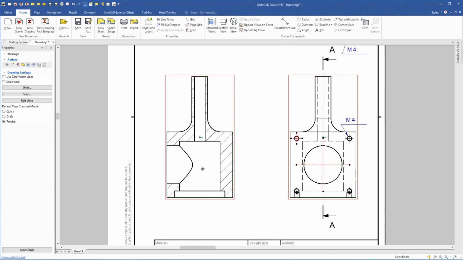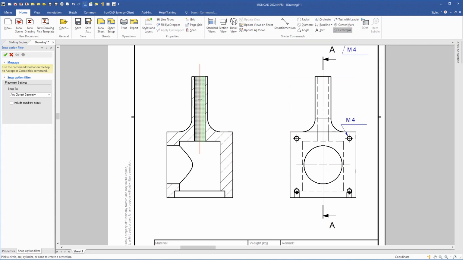And we need to add some center lines here as well, so we come over here to center line, and I will click here inside this pipe and also inside this hole, and press escape to exit the command, and I will grab this endpoint and drag it through and shorten this end a bit. So now it's time to